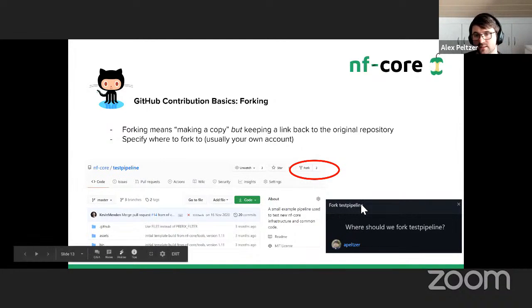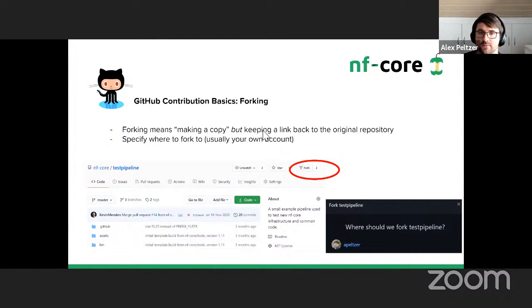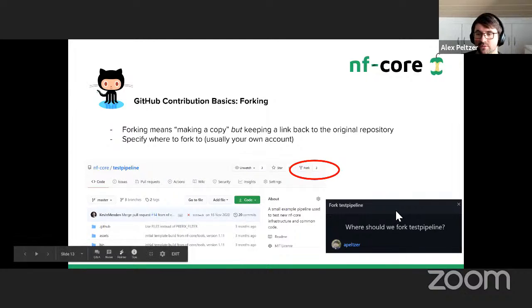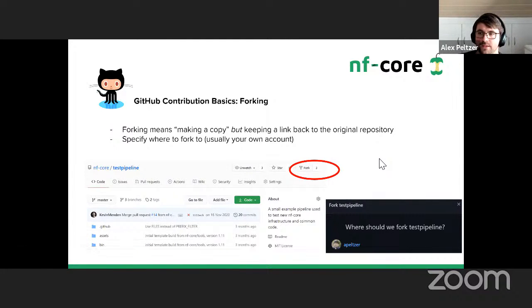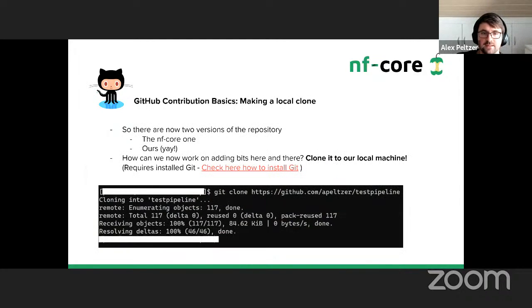In my case, and that's what people usually do, they don't fork it to other organization accounts that they might have access to, but to their own private user. So for example, I selected myself. Then things run for a couple of seconds. You will see that a linked copy is made, which is also listed in the main repository as a fork of the original repository in nf-core. You can actually start working on that. So after we made that